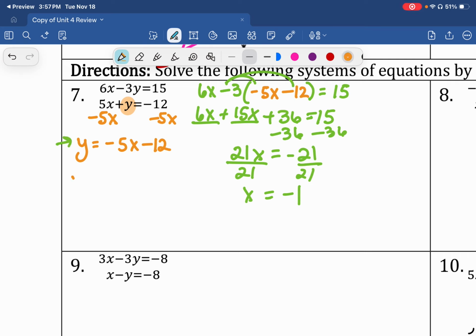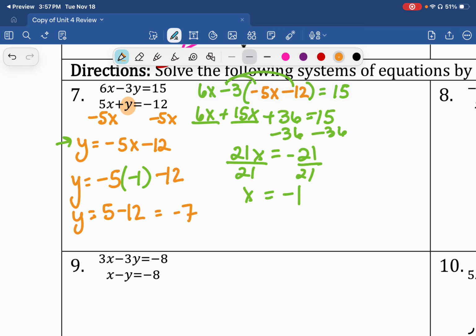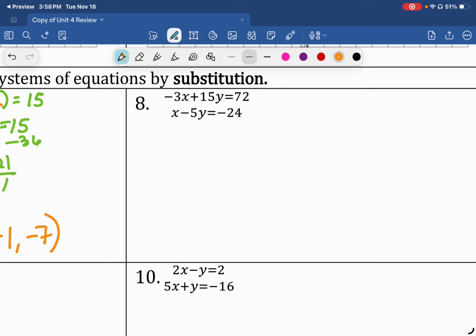So we're going to do y is equal to negative 5 times negative 1 minus 12, which will give us y is equal to 5 minus 12, which is negative 7. So our solution here is negative 1, negative 7. Now we're going to look at number 8. So the easiest part to solve for here